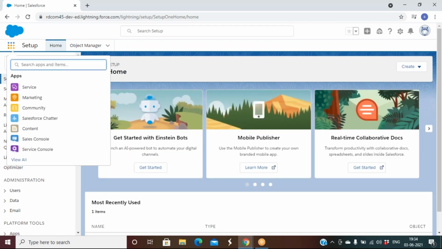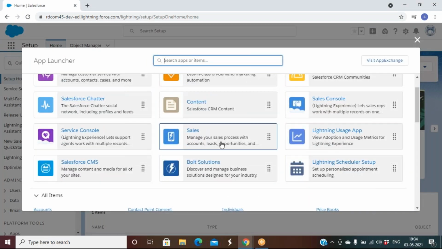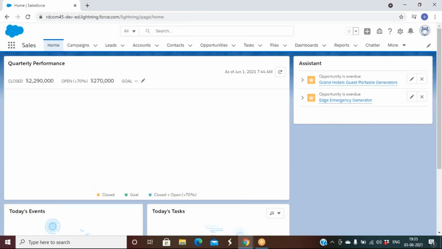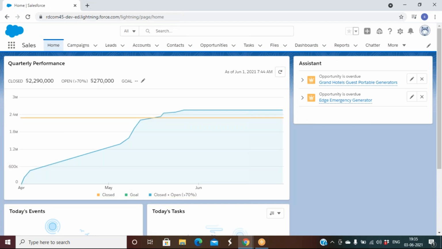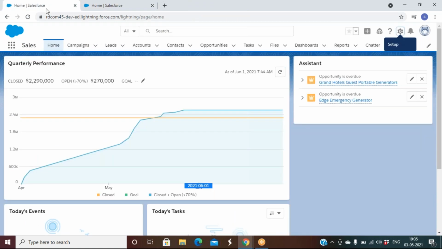So let's say we are the customer, and here we are talking about the company called RD. When this company bought the software, when they bought Salesforce access from Salesforce, like they bought Sales and Service Cloud, by default they got the Sales application, which can help them to manage their sales process. And Salesforce also says that it has given a standard application for you, which manages the standard sales process. If you are not interested in using this standard sales app, you can also go ahead.